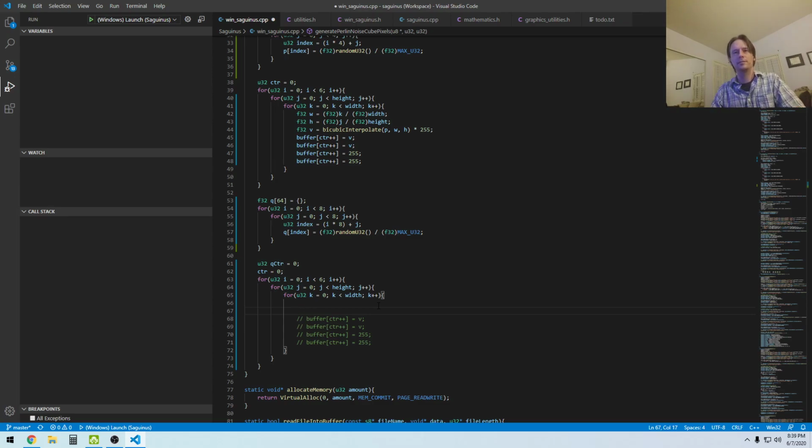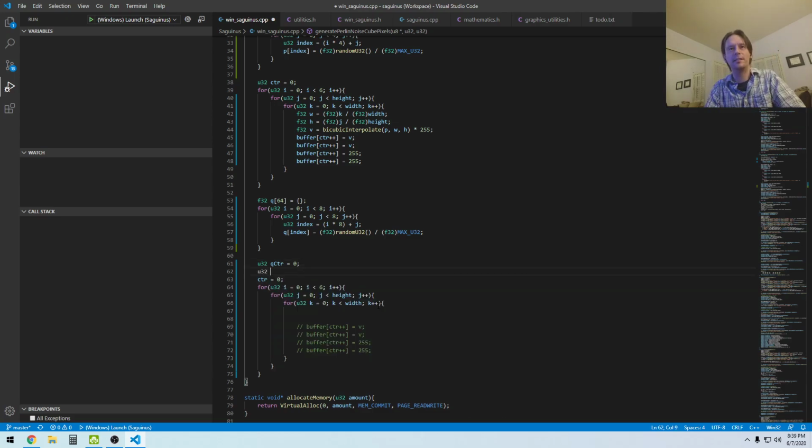Yeah. Wait, no, it's not. Okay. This is really dumb. I just can't think today. Q counter, Q index. So if Q counter equals 16,